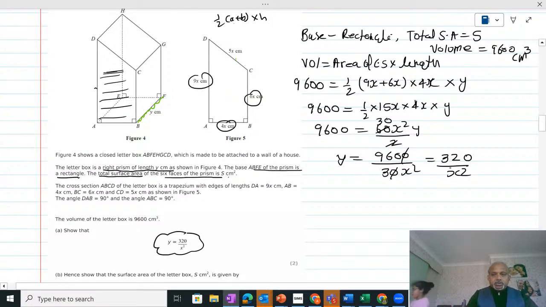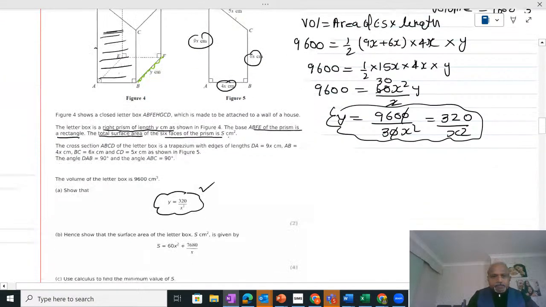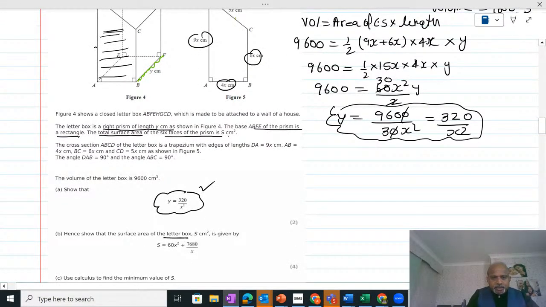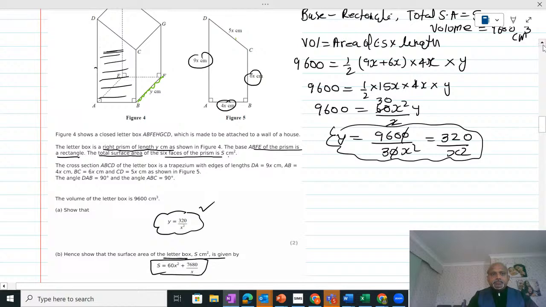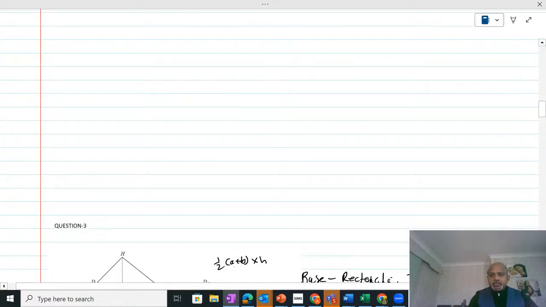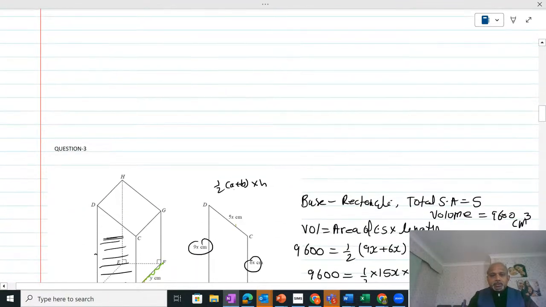So y equal to 320 over x squared. This is our first part, if you see here. Now, hence show that the surface area of the letter box S centimeter squared is given by this. So this we need to show. So surface area of the letter box. We need to find all the surface areas. And the good thing is